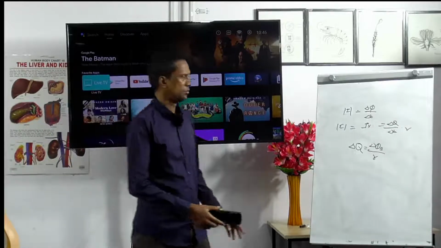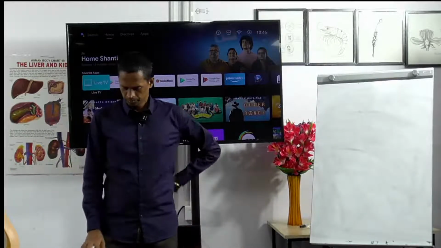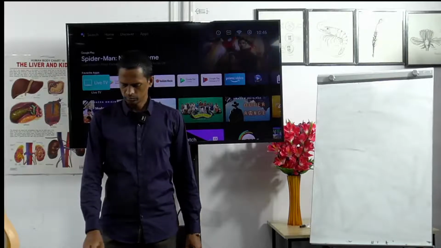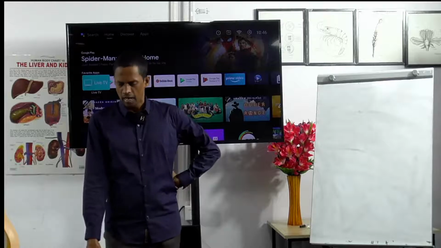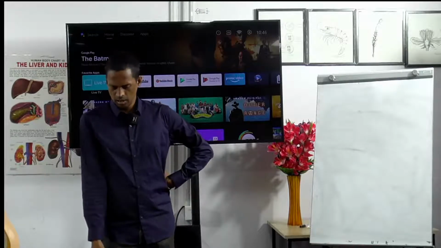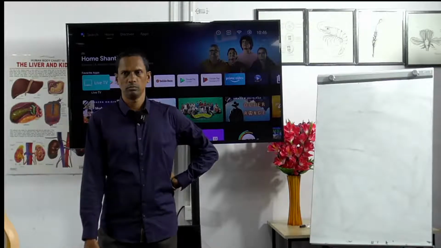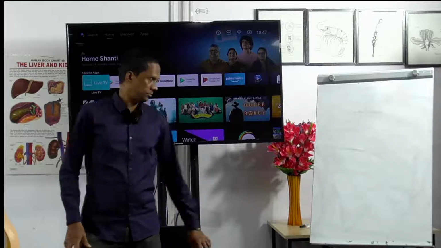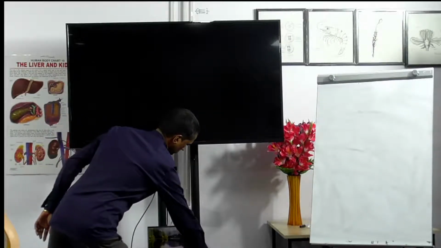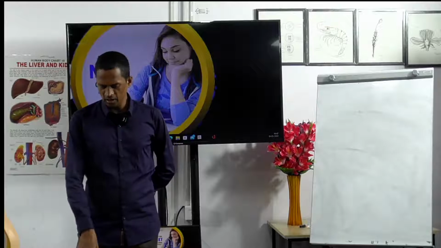Next, eddy current. Eddy current. When a piece of conductor is subjected to changing magnetic flux, when a piece of conductor is subjected to the changing magnetic flux,